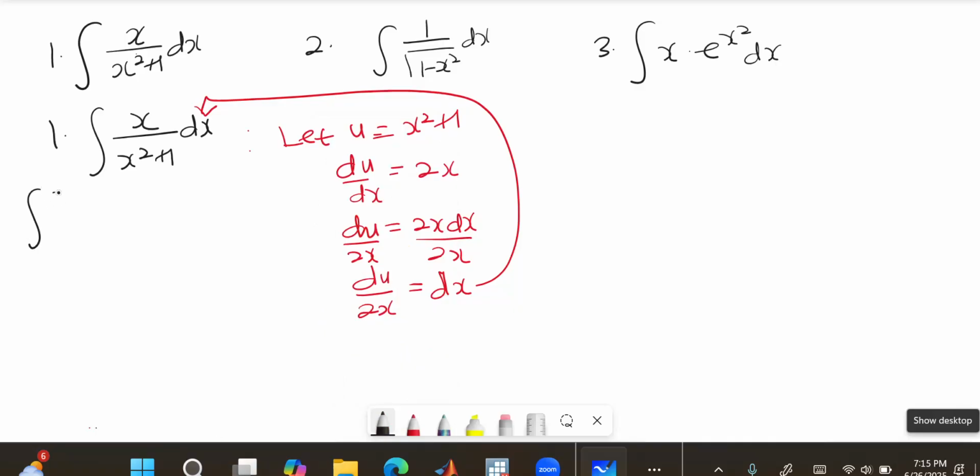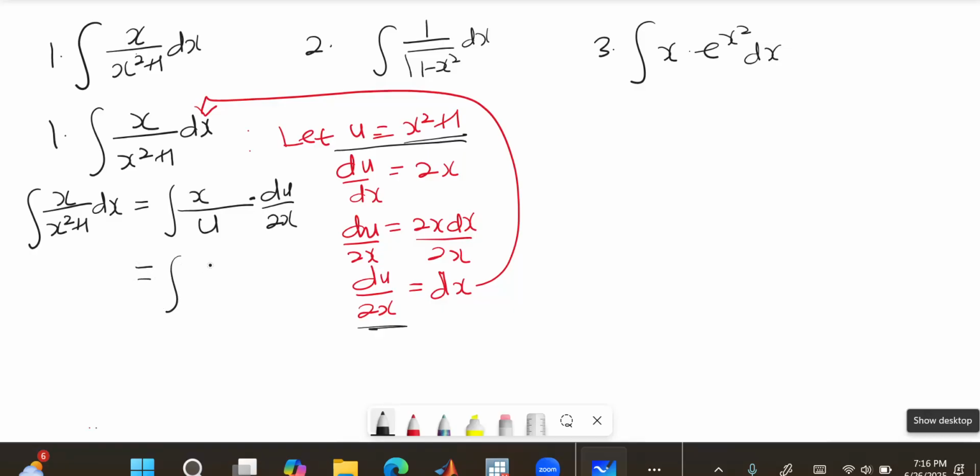So integral of x over x squared plus 1 dx now looks like integral of x. I'm leaving the x for now for obvious reasons. All over x squared plus 1, which is u, times dx. Dx is du over 2x. That is from here, from our U-Sub. So this integral becomes